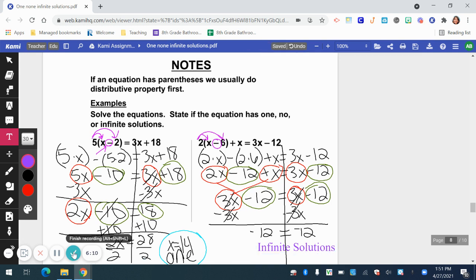All right, so that is how you use the distributive property to help you solve